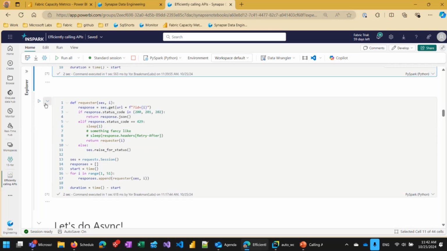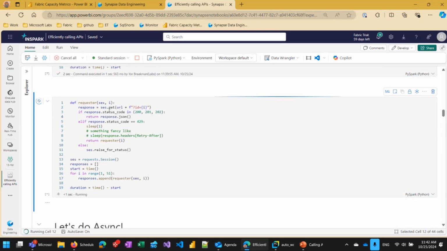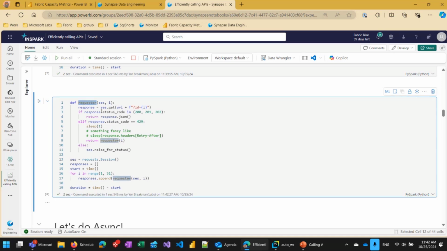So that's what I did here. I made a requester function, and the requester function gets the session and the ID that it needs to get, and then on a successful response it returns the JSON, and otherwise it returns a new call to the same function. And this is called recursion,